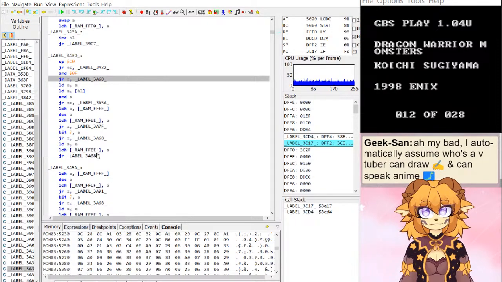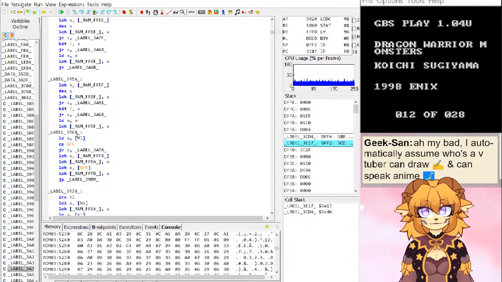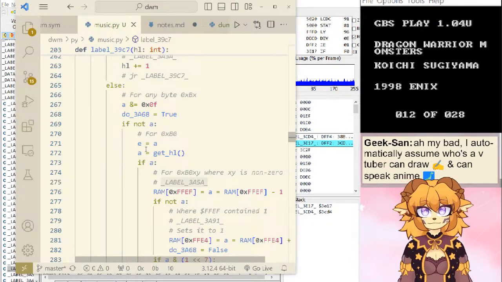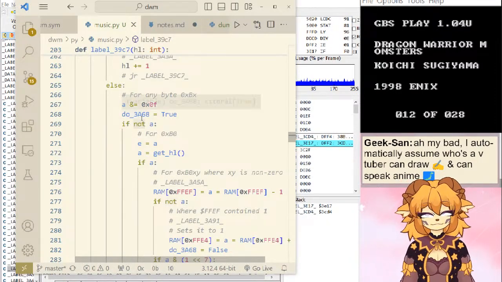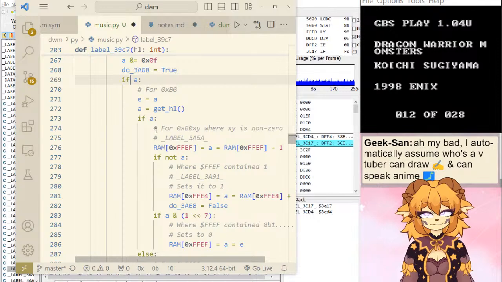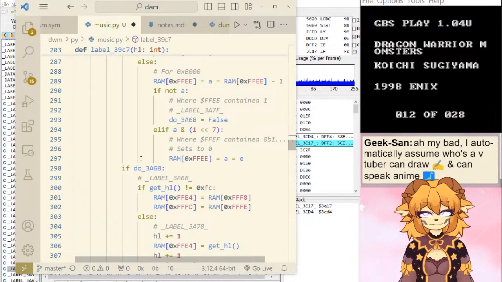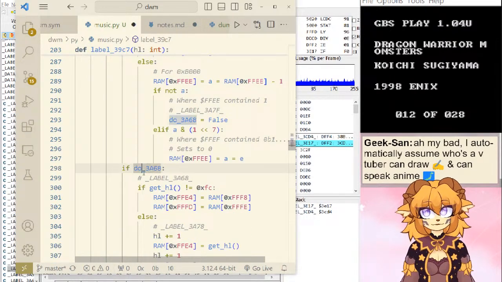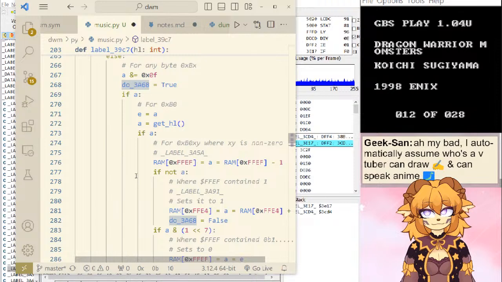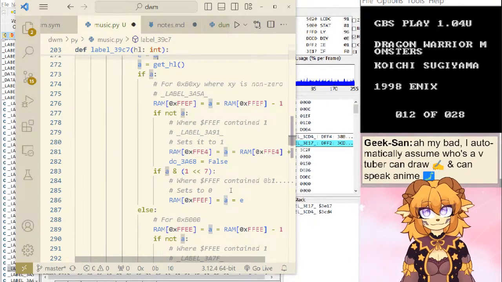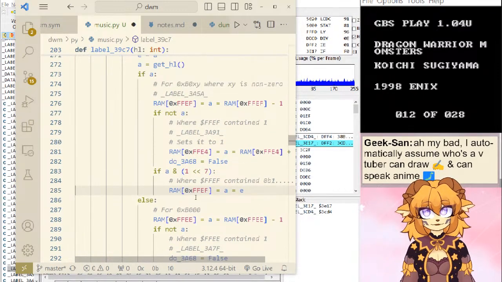Oh, I do have it wrong. 3A68. Damn. Okay. Luckily, it's always obvious when I get something wrong. Do 3A68. Okay, that makes more sense. So it's not setting it to 0. It's setting it to...